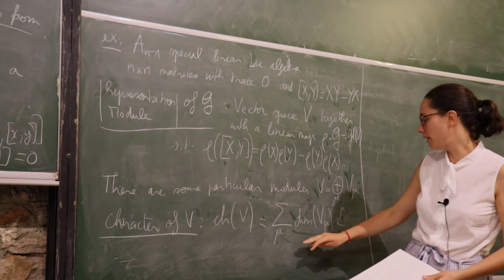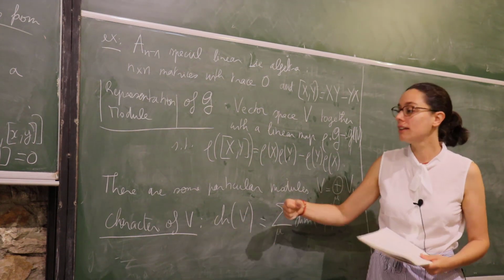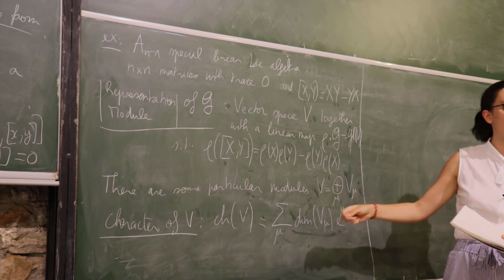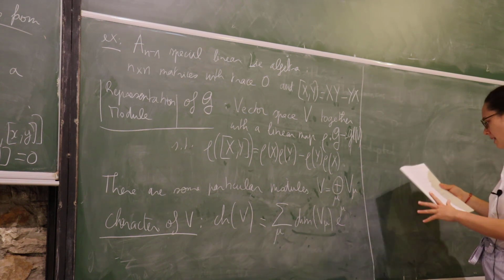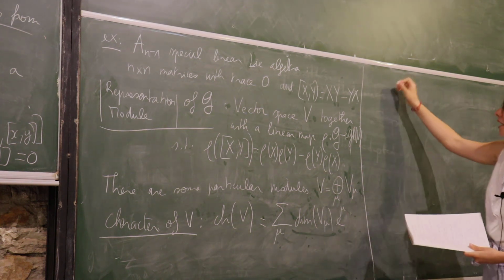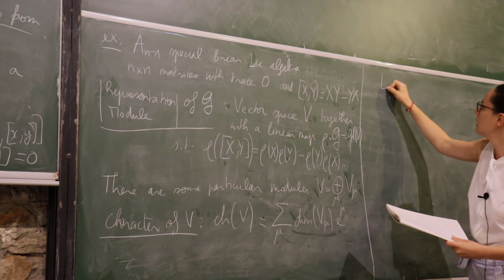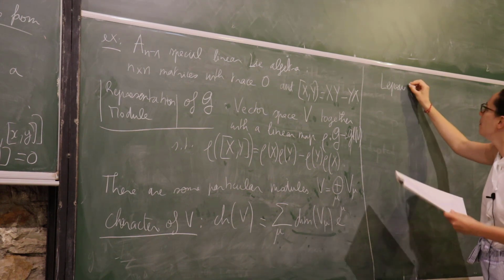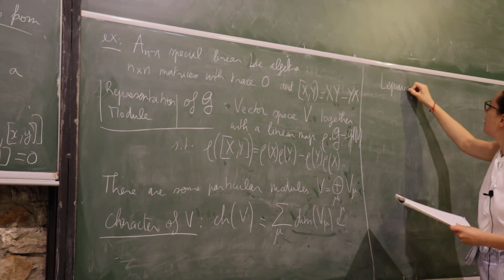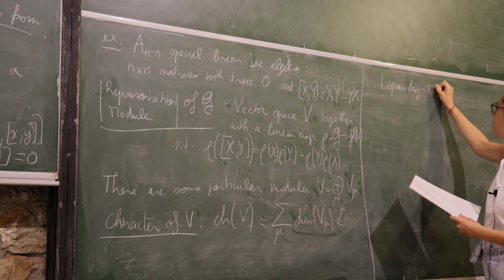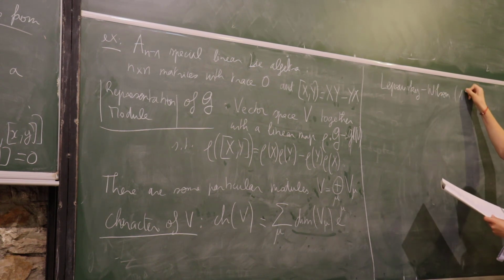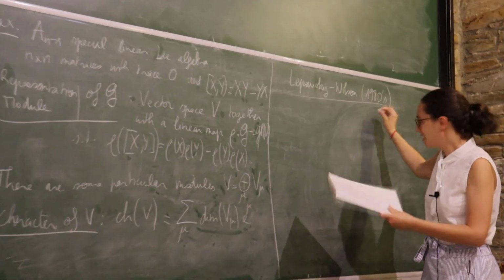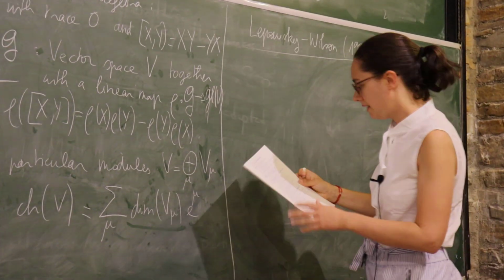And yeah, so the characters are objects with which the connection with partition identities has been done. That was done by Lepowsky and Wilson, but unfortunately I haven't written the date exactly, but that's in the 80s. I hope you won't mind if I just write 80s. So Lepowsky and Wilson, in the 1980s. They said that